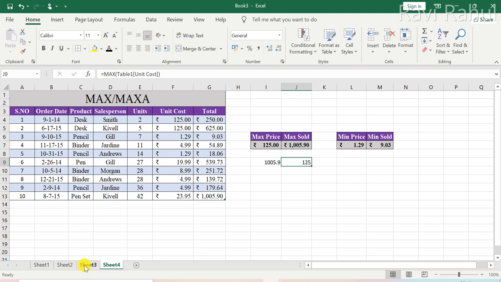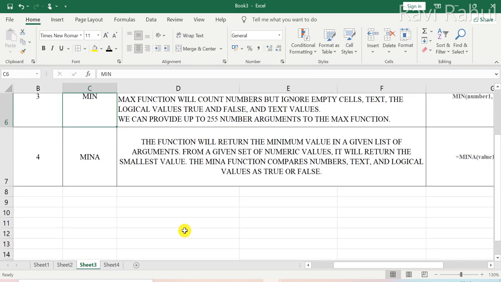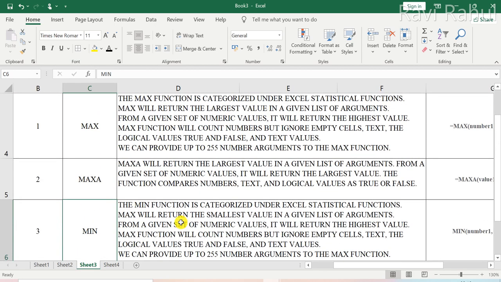Similarly, we have the min function. It is the same as max, only the difference is that the max function returns the largest value in the given list of arguments, and the min function will return the smallest value in the given list of arguments, and the rest of the things are the same.